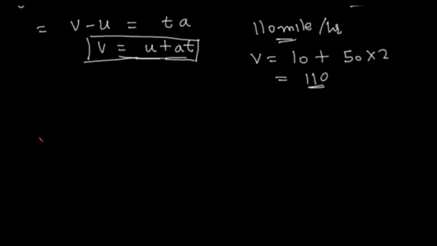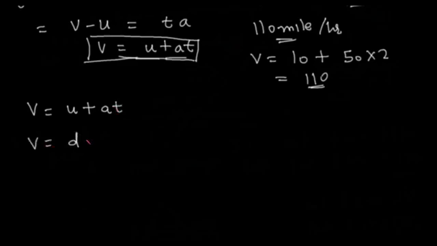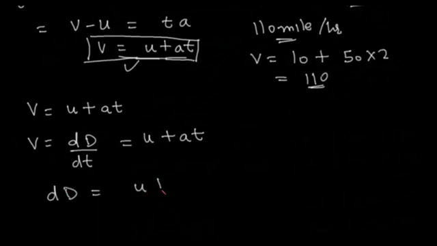Now let's look at another formula. We have v is equal to u plus at. Now we know that v is equal to change in distance per unit time, right? That can also be used to calculate the formula for d. So I can write this as u plus at, because v is u plus at. That will give me dd is equal to u plus at